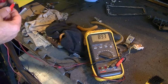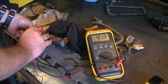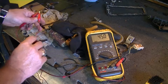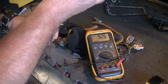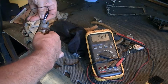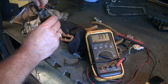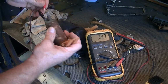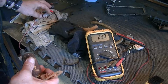Not that it matters any, but just for giggles, I got it hooked up to a 12-volt power supply. Mine's a shot, yeah. And dead. Nada. Not even blue smoke. Alright,